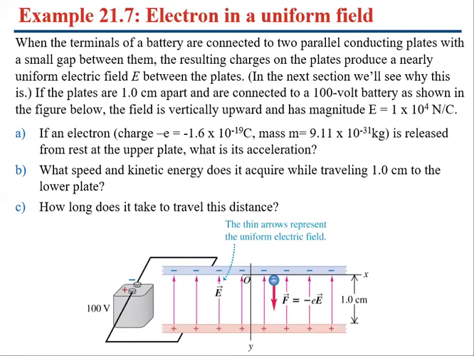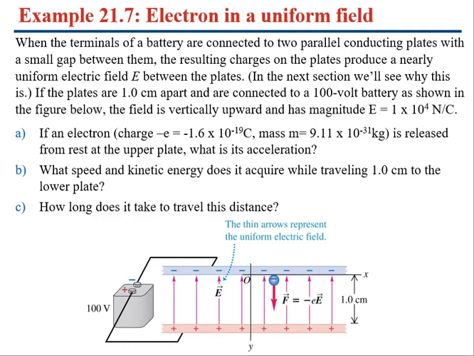When the terminals of the battery are connected to two parallel conducting plates with a small gap between them, the resultant charges on the plates produce a nearly uniform electric field E between the plates. In the context section, we will see why this is. If the plates are 1 centimeter apart and are connected to a 100 volt battery, as shown in the figure below, the field is vertically upward and has a magnitude 10^4 Newton per Coulomb. Question 1, question A, if an electron is released from rest at the upper plate, what